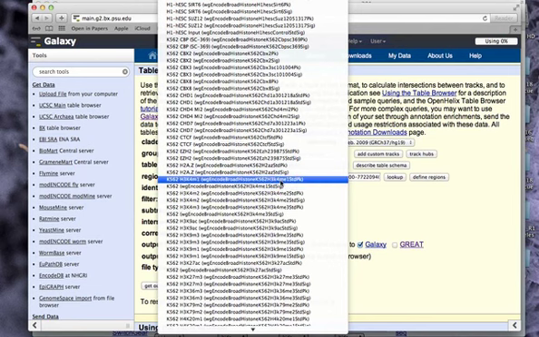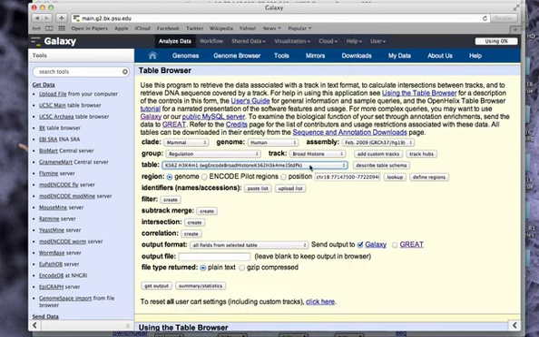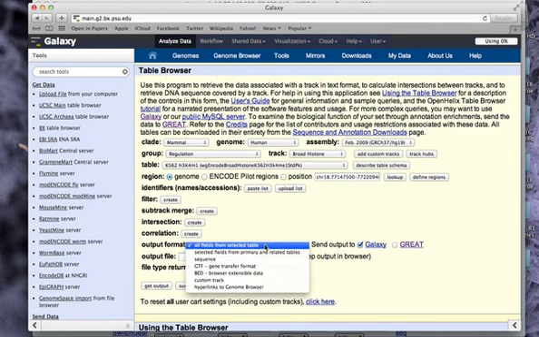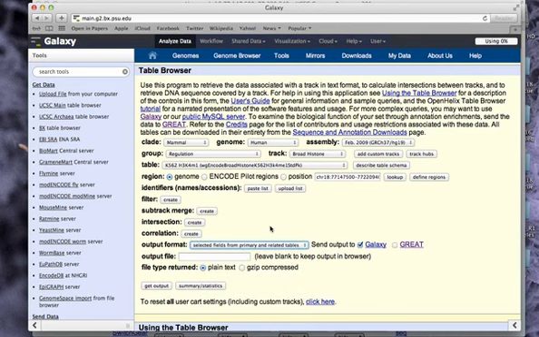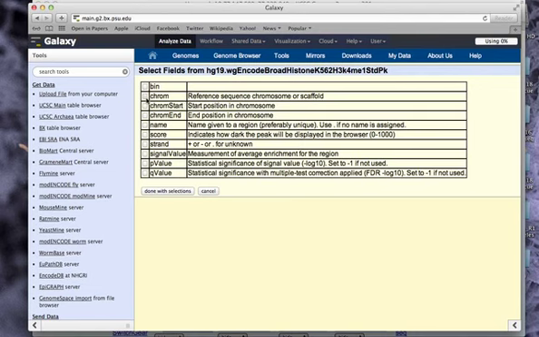We want to be dealing with just the peak, so just the interval format. You can leave the rest the same, and the only other thing you need to change now is to go to the output format and go to selected fields, because we don't want all the information that's coming with. We really just want to get chromosome start and stop, and that's all we're going to need for this particular data set. So we'll hit done,